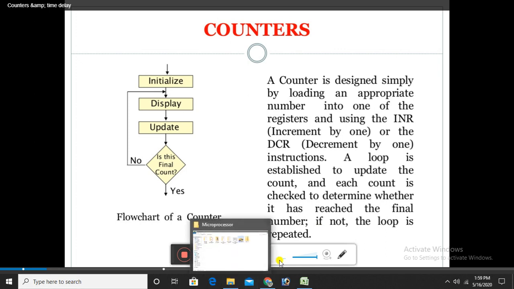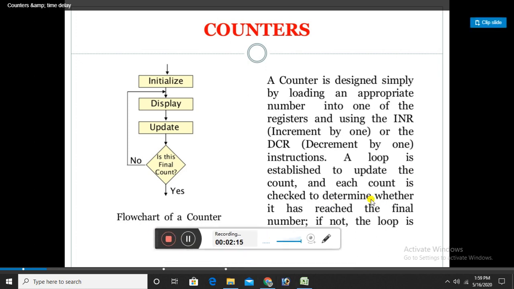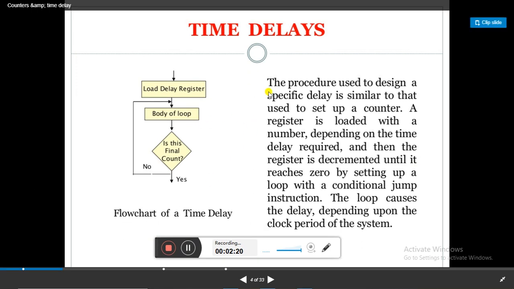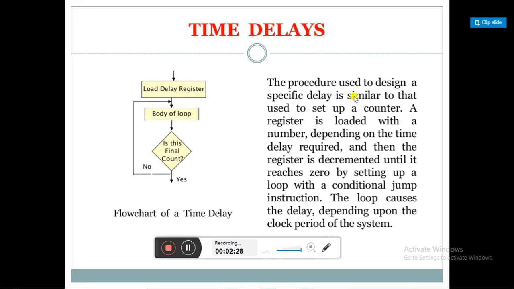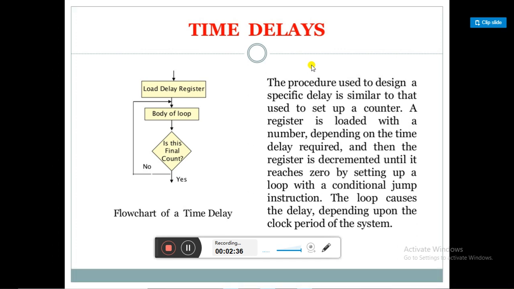Fine. The next one is time delays. The procedure used to design a specific time delay is similar to that of a counter. But first of all, what is a time delay? A time delay can be implemented through a program by loading a register, as you have done in the counter.